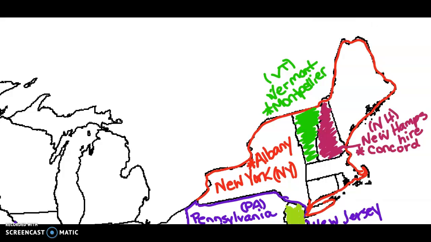Alright. Our next small state is here. I'm going to color it in just so we can see it a little better. This is Massachusetts. Again, I'm not going to be able to fit it in the square. The abbreviation is MA, and the capital is the popular city in Massachusetts, which is Boston.